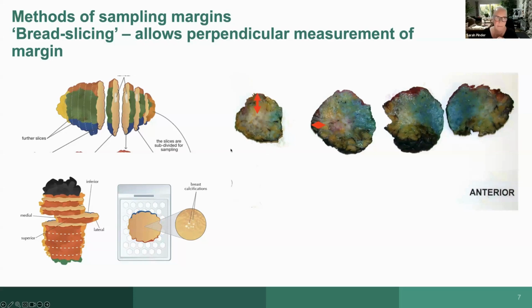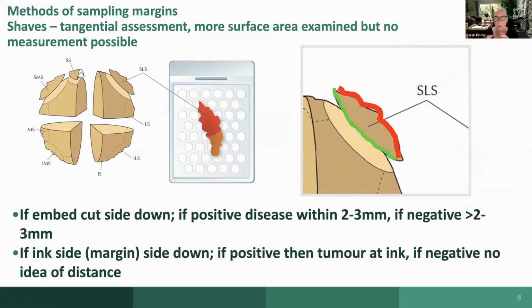There's one third way that not that many pathologists use, which is tangential assessment. So it's assessing all the way around the margins. You can either do that from the specimen, or you can send multiple separate shaves. What this does is allow you to look at a greater surface area of the outside of the specimen, but we can't give you a distance to the margins. We can do this after we've taken our cruciate or bread slice samples. If we slice off the edge of the circumferential margins, we can handle those in different ways. We can either put them with our cut side down, shown in the green ink here,